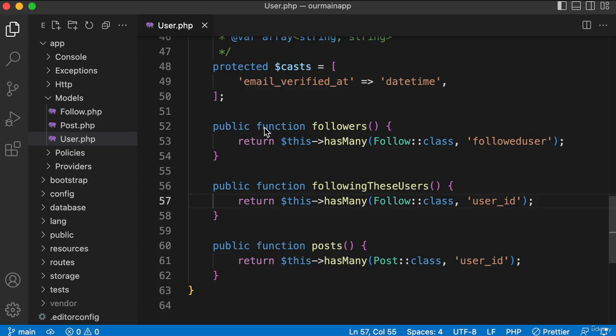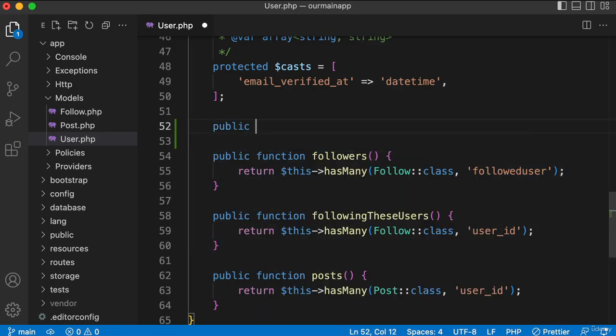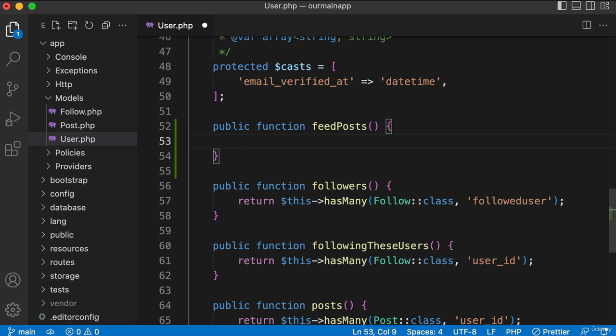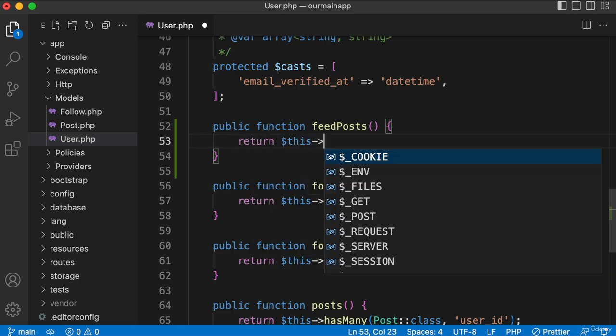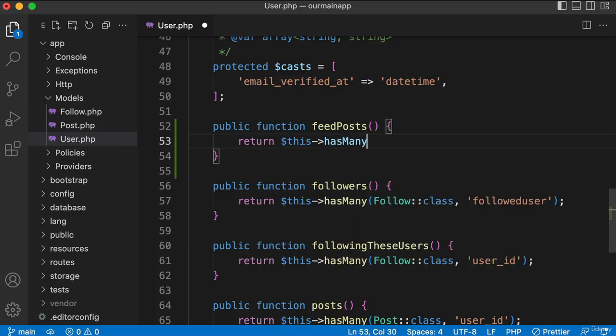So we're going to create a brand new function within this class. Maybe right above or below all of these functions we've already created, I'm going to create one right above followers. Let's say public function, and you could name it anything, but I'll name it feedPosts, parentheses, curly brackets. And now we just want to spell out a relationship. Now check this out. When I first saw this, I could not believe how easy Laravel made this. We can just say return $this->hasManyThrough();